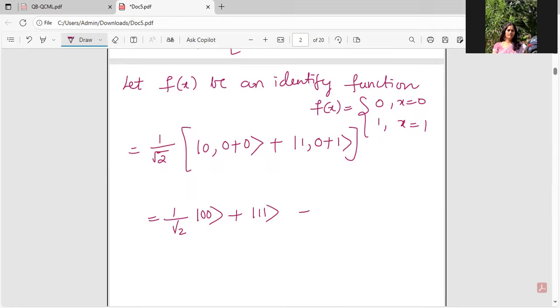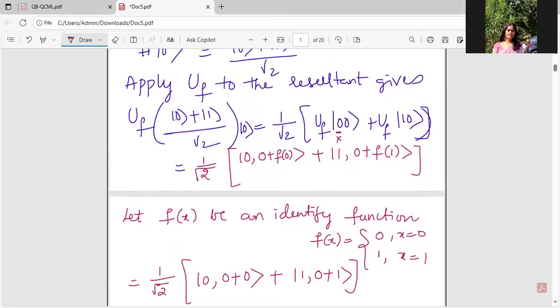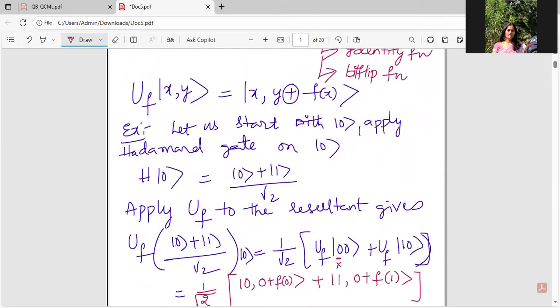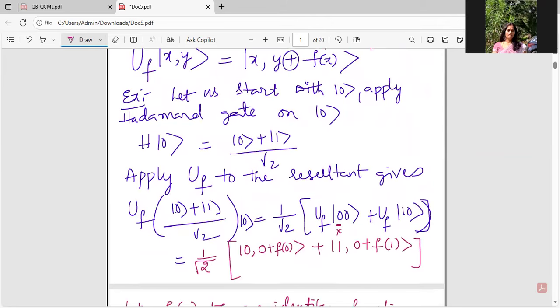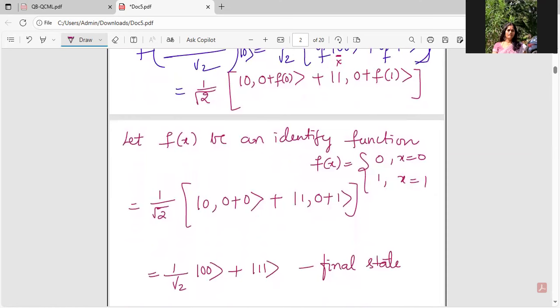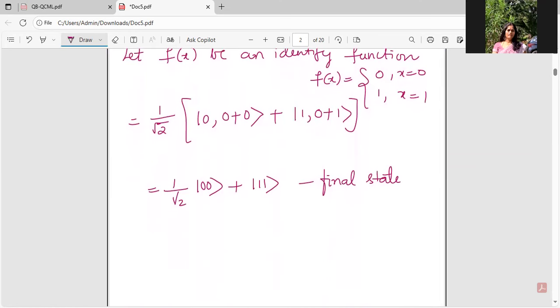Hence this is the final state. This is how I will apply, guys, because I need to have two qubits, and two qubits are possible only with entanglement, or whatever you call the tensor product. Only with that it is possible. So accordingly, I frame it out and I will do it. You can ask me, of course, regarding